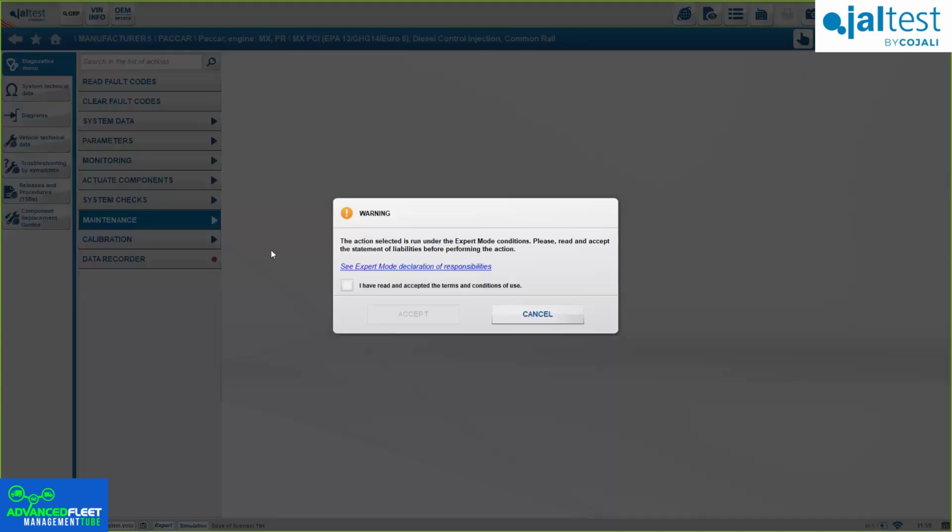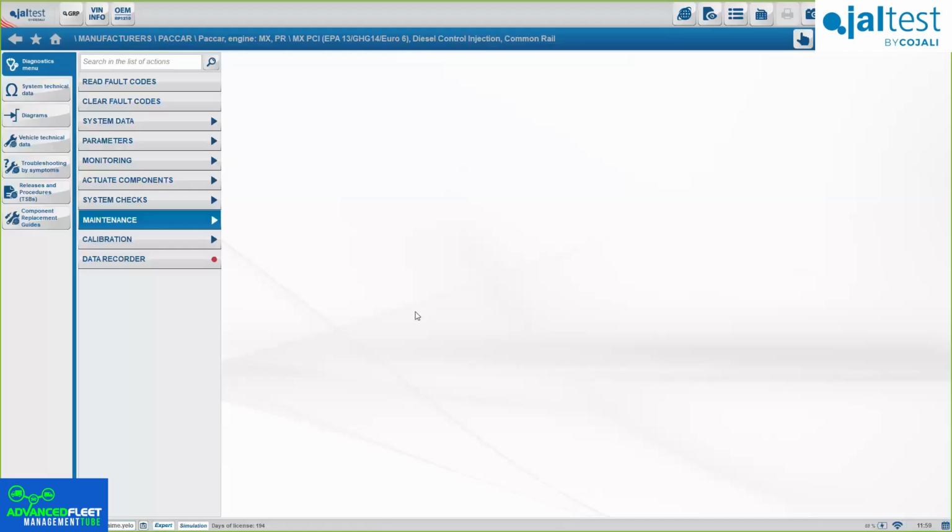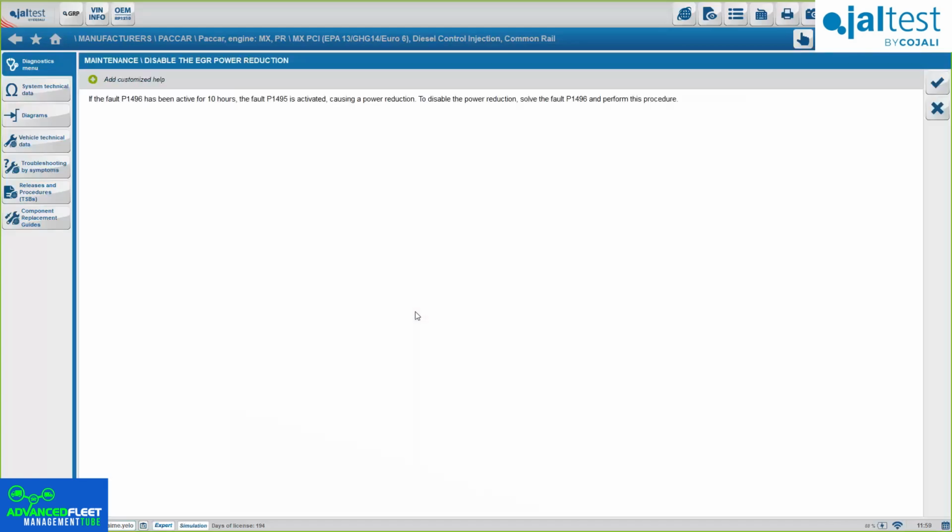Okay, I believe this is the option you were looking for. Again, as I said, depending on the engine, we'll have more options or less options. This one here, you said 10 hours here, activated casting.